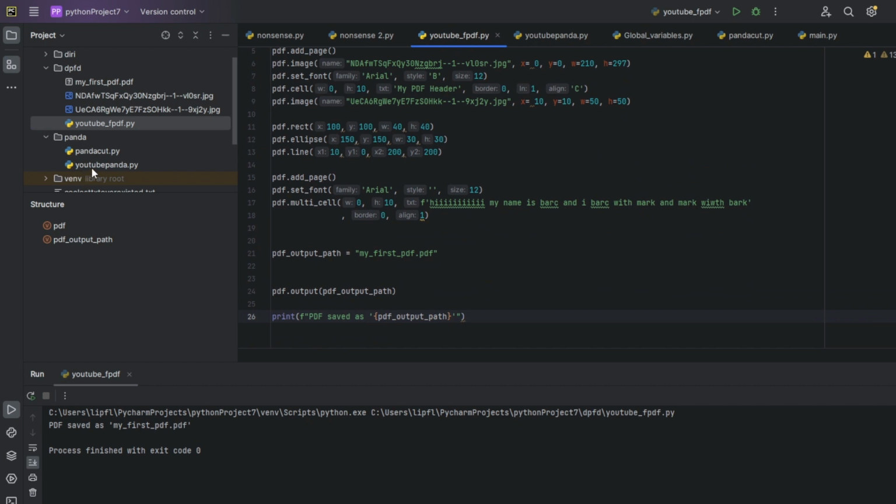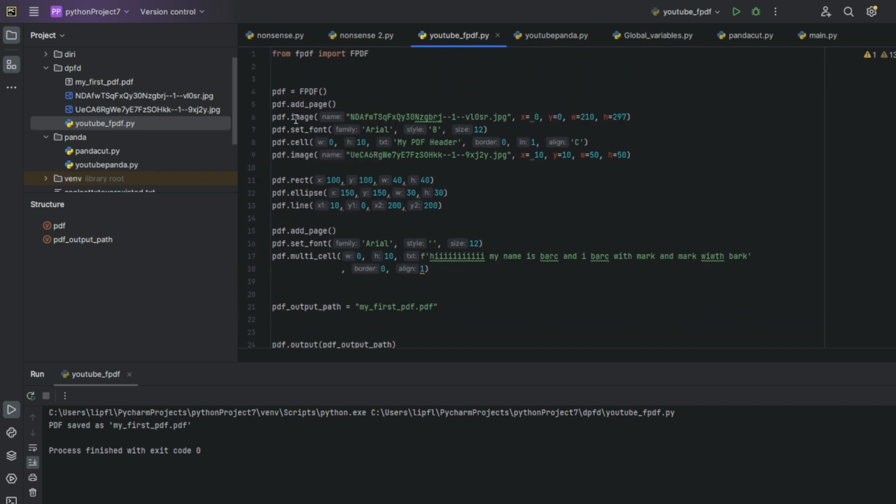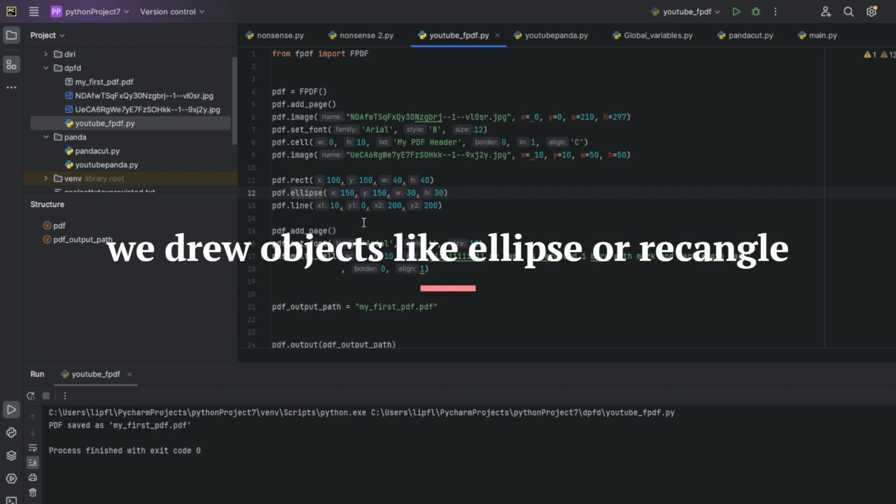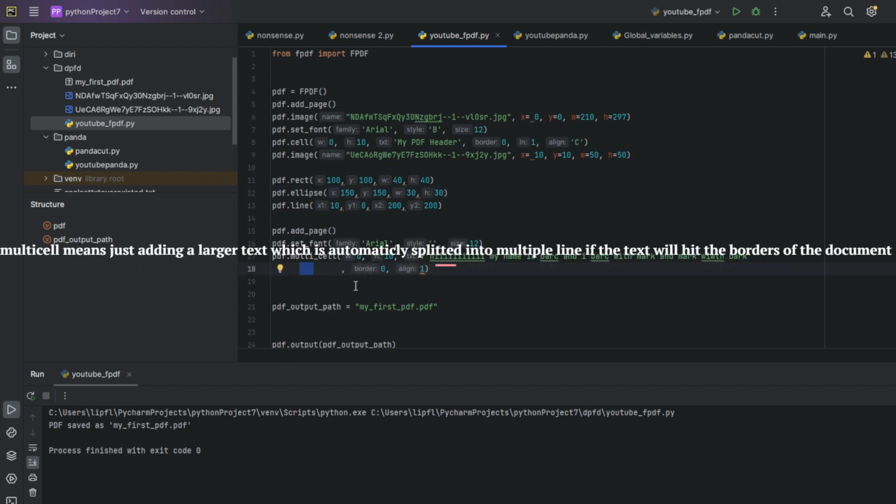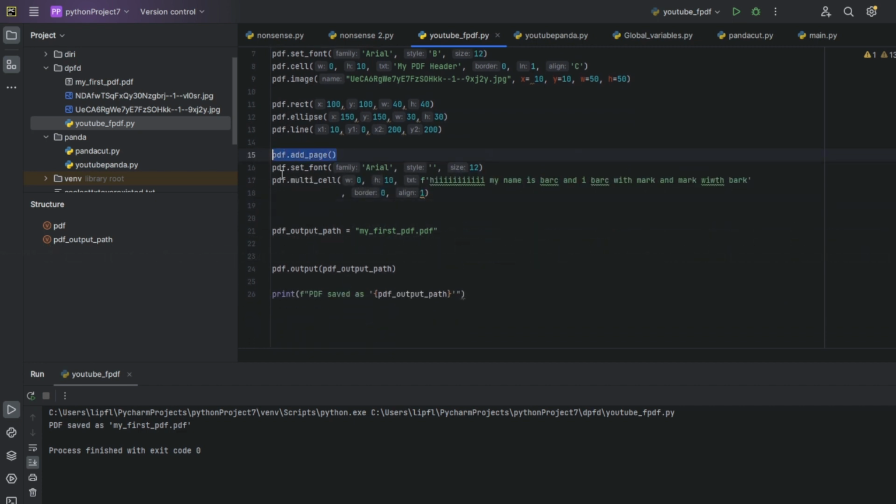As a quick reminder, we created our PDF file, added an image, also added a background image, added kind of a header, and we drew certain shapes like an ellipse, a rectangle, a line, and we added multi-cell. What we are going to do now, we want to add a new page,